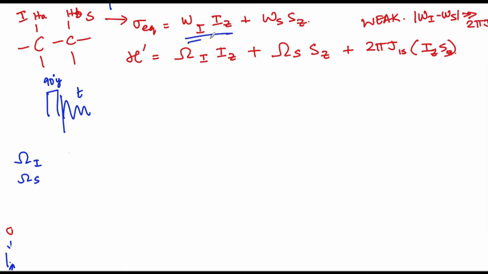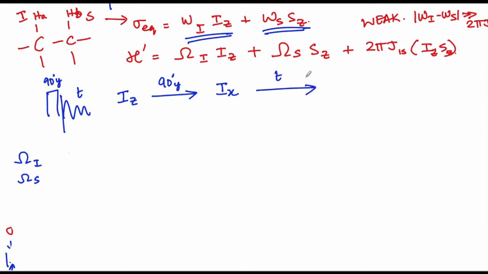So we can actually divide and rule, meaning that you can just take either one of the terms and try to understand what happens. So I'm just going to take the omega I term, which is going to be given by the operator IZ. When you apply a 90-degree Y pulse, this will end up being across the x-axis, which we have seen several times right now. Then comes our dilemma.